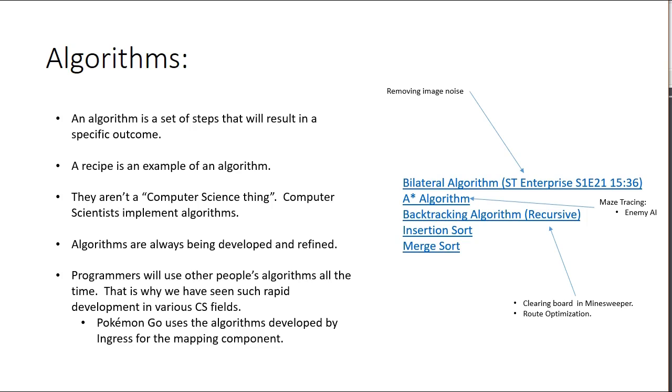And so, for example, a backtracking algorithm would be a type of algorithm used to clear the board if you're playing a game like Minesweeper. And it's also a basis for developing route optimization programs. So if you have 20 stops that you need to make when you're traveling and you want to find the optimal route to do that, you might use a backtracking algorithm, or develop an algorithm that is based on backtracking